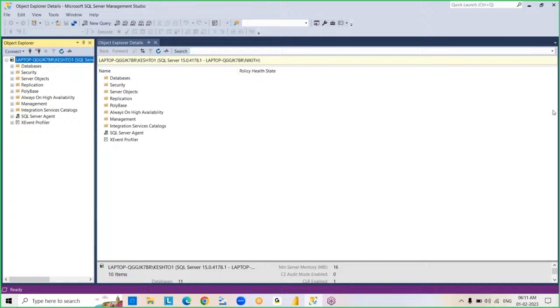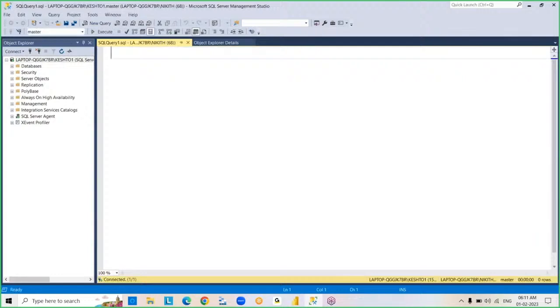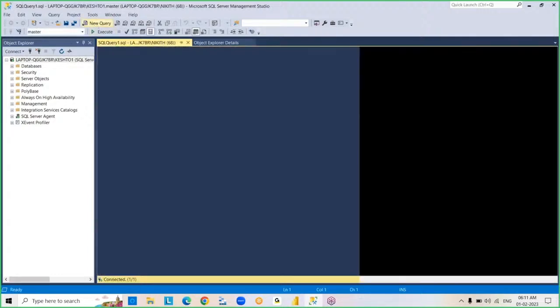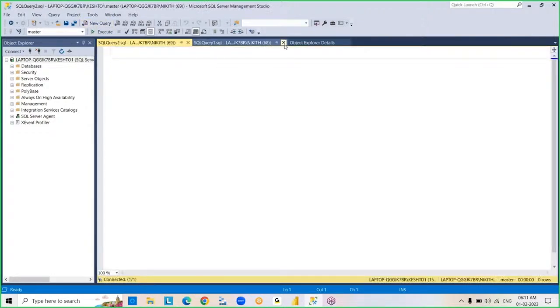This is management studio here we have, and from this only we are going to perform different types of commands. They are connected to a new query window like this. But after connecting to new query,